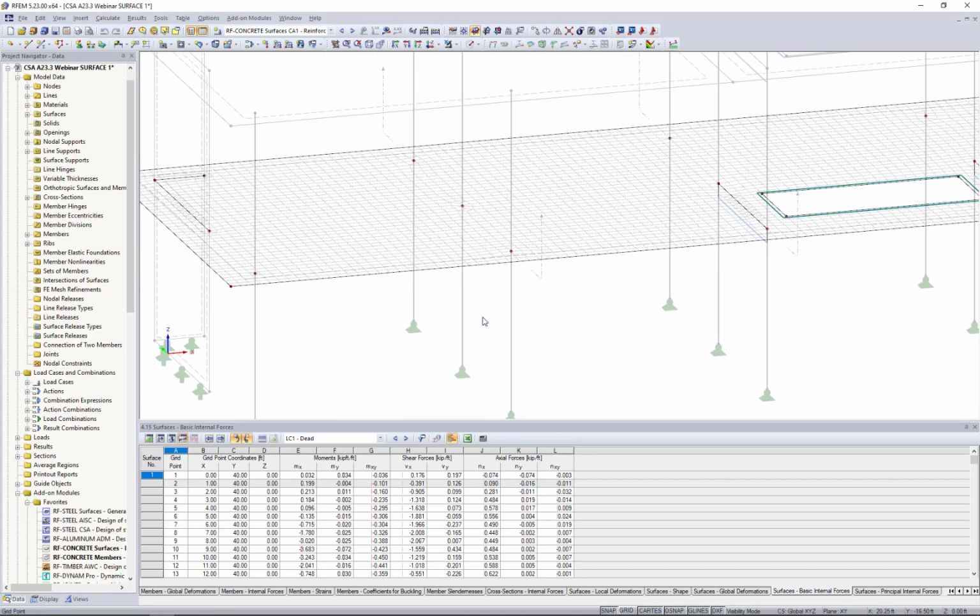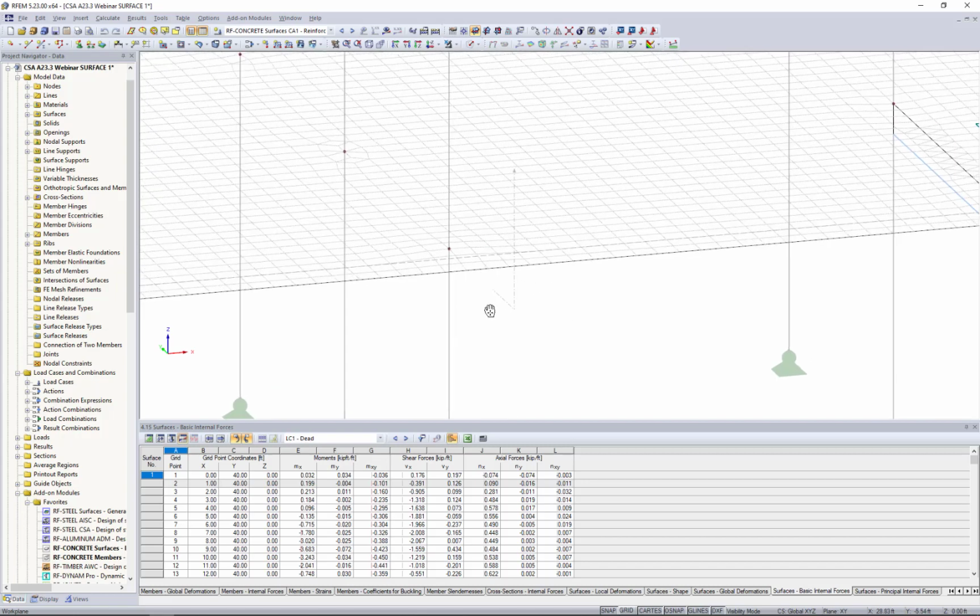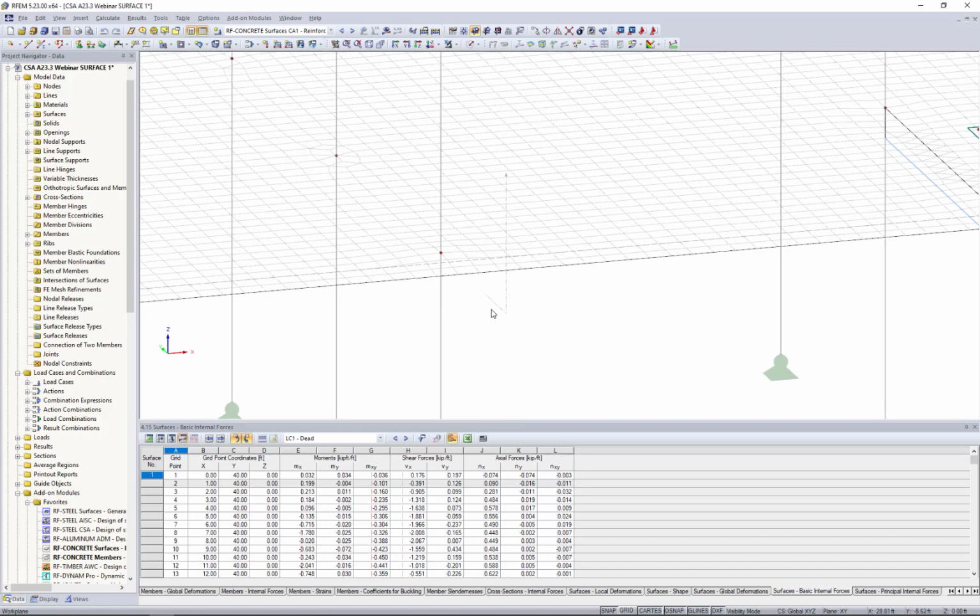singularities. Now, the first option within this column framing into the slab is we can create something that's called a rigid zone. So what we'll do here is to model a rigid plate that will actually just be used to distribute the load from the column to the surface. It's about 14 by 14 inches, so we can account for the true dimensions of that column for the load